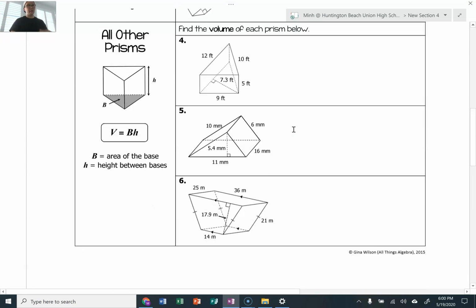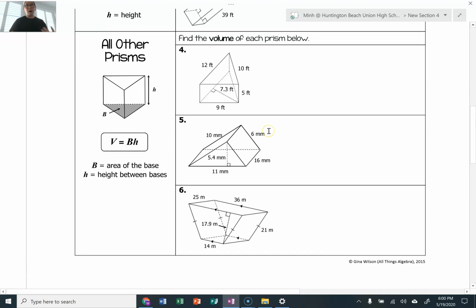All right, now not everything's going to be a nice box. Now we have other types of boxes. So the very first one we have on problems 4, 5, and 6, number 4, that is a triangular prism, not a pyramid, which the two often get confused. A pyramid is kind of like, well, it all converges at one point, right? Like what you see in those history books or geography books,